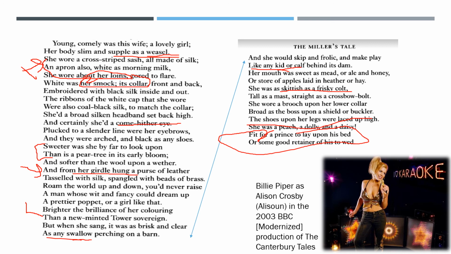Finally, I want to point you to the last two lines where some of that class critique comes in on Chaucer's part, right? Alyson is fit for a prince's bed or for one of his retainers to wed, right? She's good enough for a nobleman to have sex with, but not good enough for him to settle down with. So I hope that by looking really closely at this blazon of Alyson, it will help you to work your way through the rest of the tale.